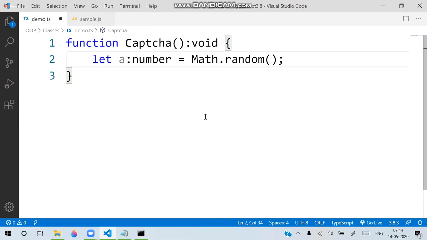Math is a JavaScript mathematical object. It provides several mathematical functions and properties which you can use in your applications. This Math object has random, which returns a random number. Usually a random number starts with 0.78. That's the reason we will use multi